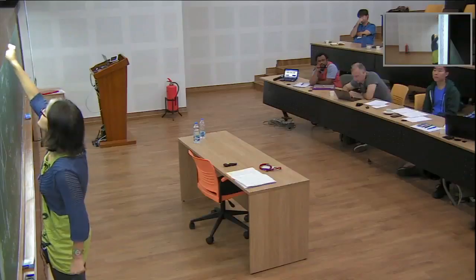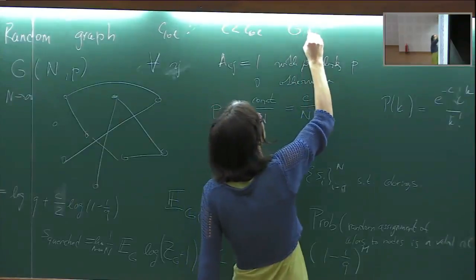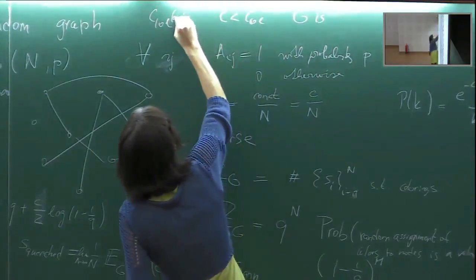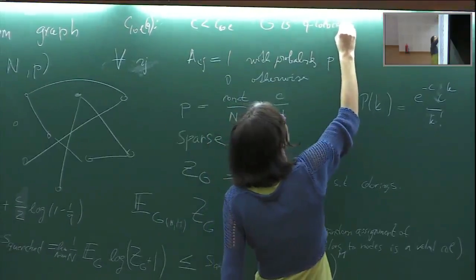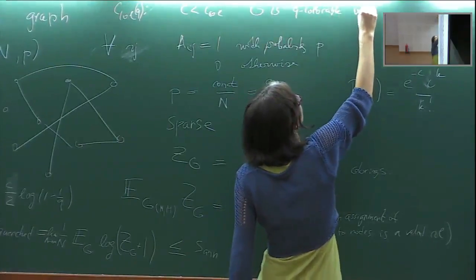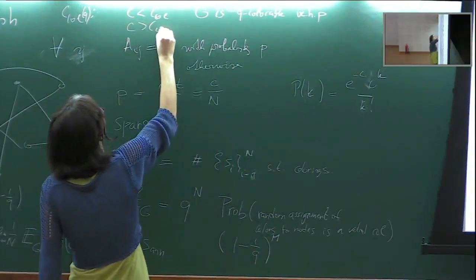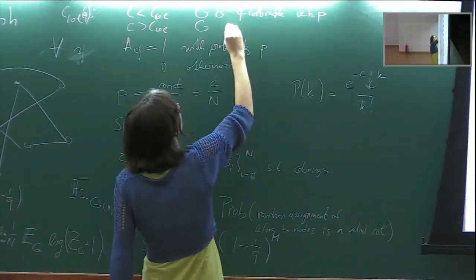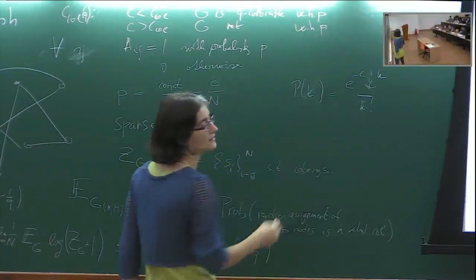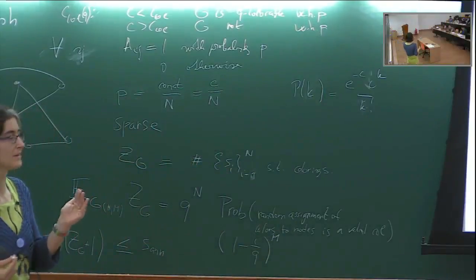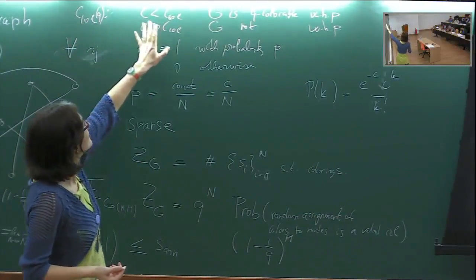If the average degree is smaller than this C colorability, and I said that it depends on the number of colors, then the graph is Q colorable with high probability. And if C is bigger than C colorable, then the graph is not Q colorable with high probability. So there is this kind of sharp phenomenon. As n goes to infinity, there is a well-defined number C col with this property.